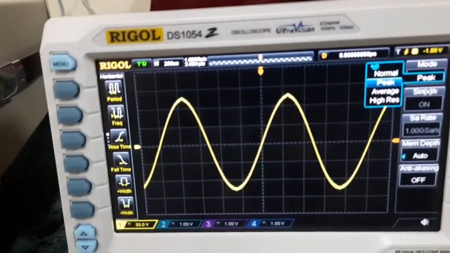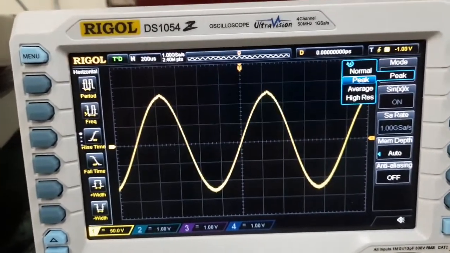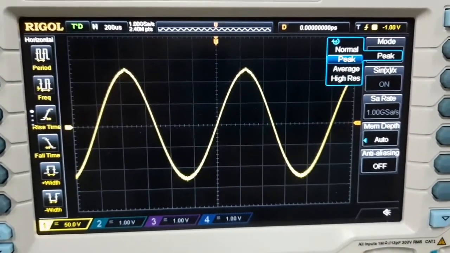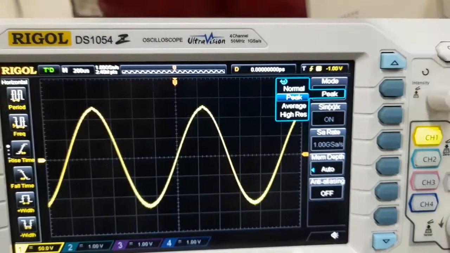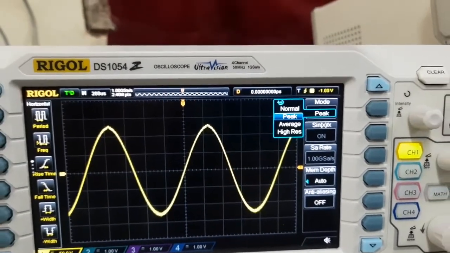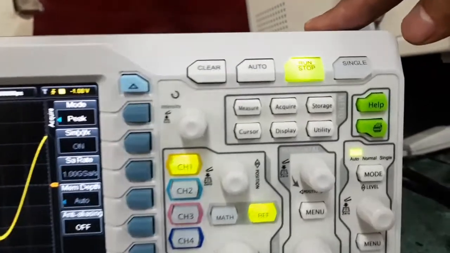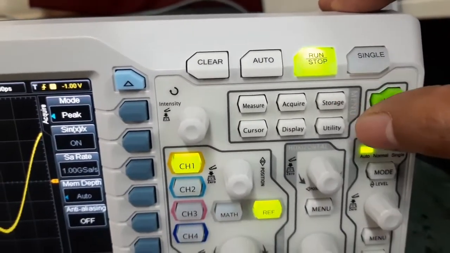So the input waveform is given here to this Rigol DS1054 DSO, which has 4 channels. This is a sinusoidal waveform given here. If I want to pass the signal, I can check whether the signal can be stored, passed or displayed.